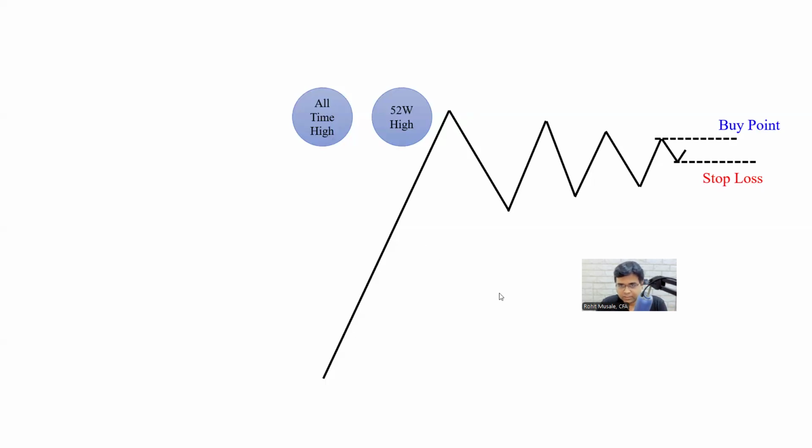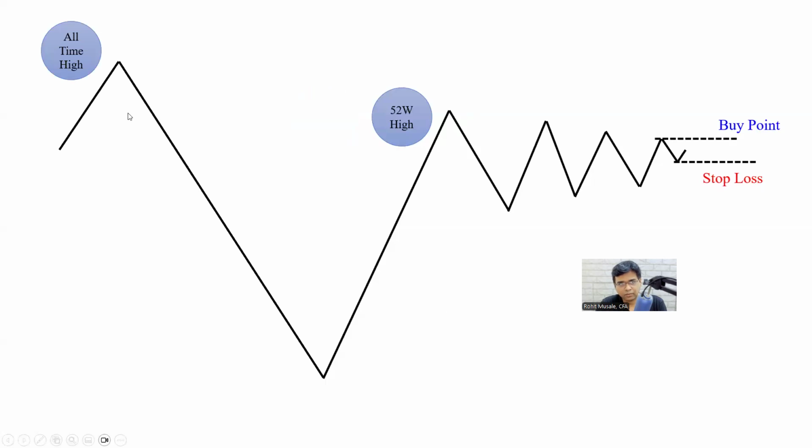Another situation is this. Have a look at this. See, now this is the 52-week high and this is the all-time high. Remember what I said. What is the 52-week high? You go 1 year back from today and you check what is the highest price. So in this case, the all-time high could have been a price which happened like 2-3 years ago. So of course, when the stock breaks out here, this supply that is coming from here,